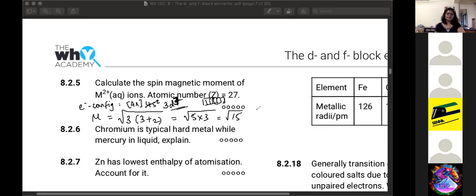Root 15 is a little less than 4, since root 16 is 4, so it's basically 3.8. Awesome. Did you guys use the calculator to calculate the square root? Can I leave it at root 15 or will I have to provide an estimate? I left my answer at root 15 only. That's fine. If you have the time, you can do the calculation. But if you're running short of time, just leave it here.